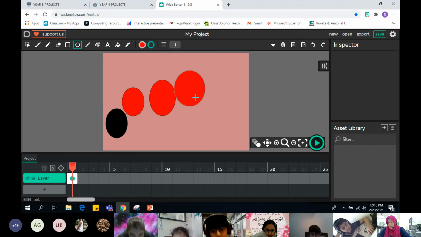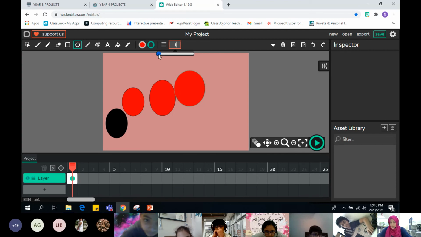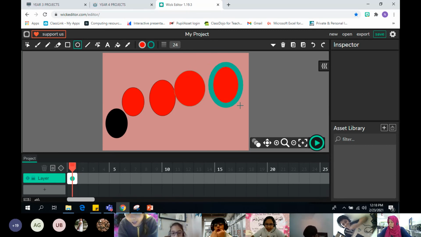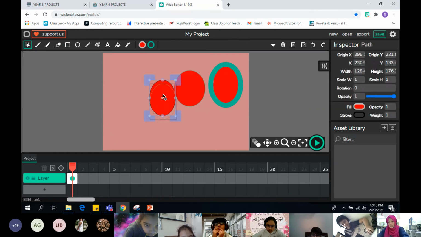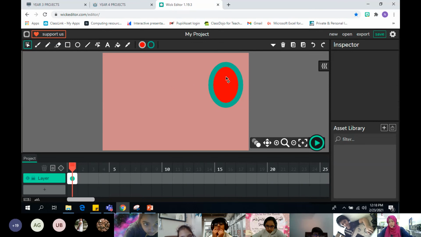The outline is blue. But if you want to change the thickness, next to this, there is a number. You can change the thickness. See, I can make it bigger just to show you. So we can manipulate by using those options. Now, do remember, if I want to delete any of these, this is my final product. I don't need this. Make sure you click on this cursor, because this is the cursor used for manipulating. Select this, delete that, select this, delete that. Now this is my final.